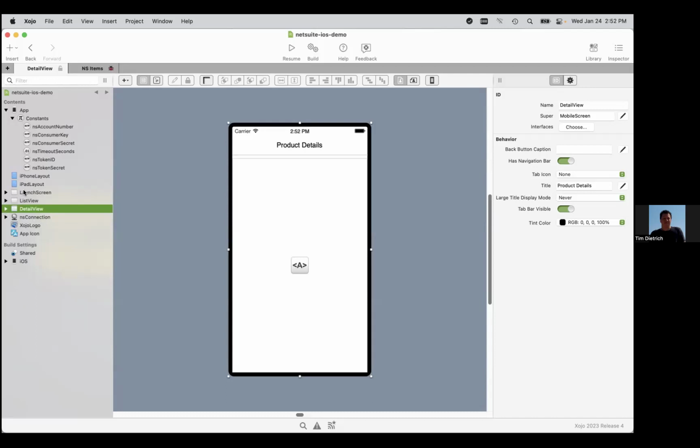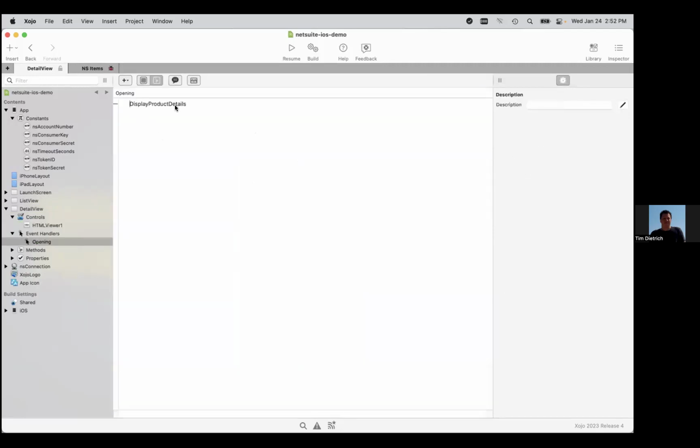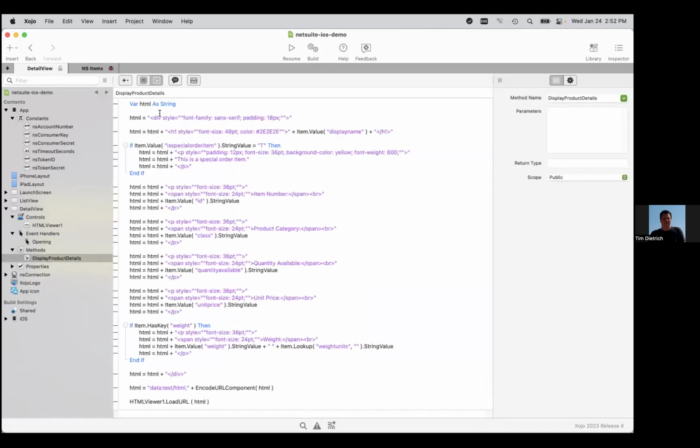It kind of starts to blur the line between, is this a native app and a hybrid app? It's probably a little of both, depending on how you're looking at it. But basically, again, the only control on this is an HTML viewer. And what happens is when the detail view opens, it calls this method called display the product details. And basically what I do is I unpack that JSON item and just build HTML to show what the details